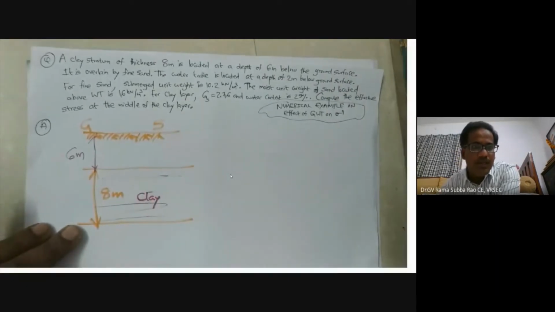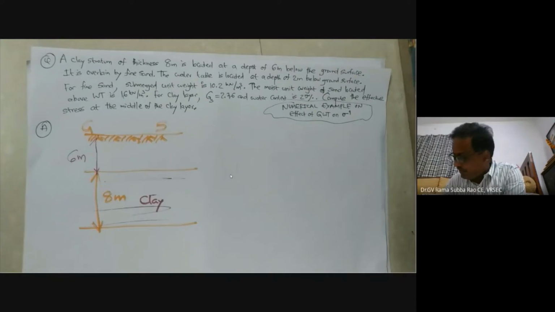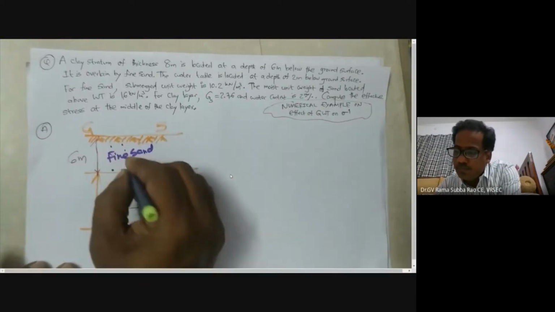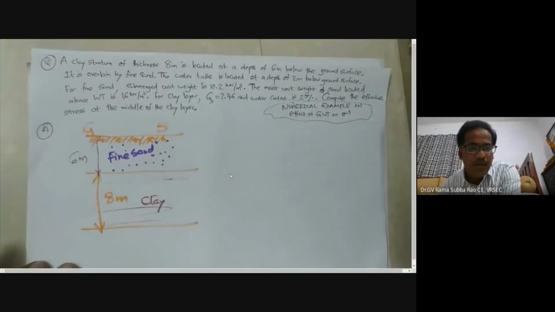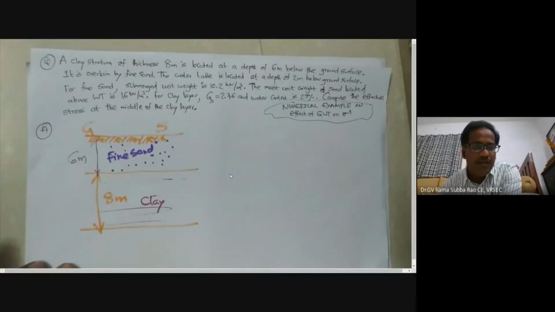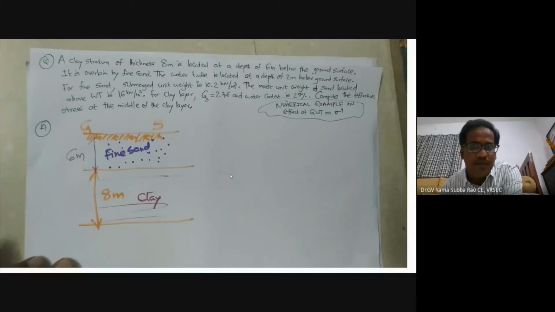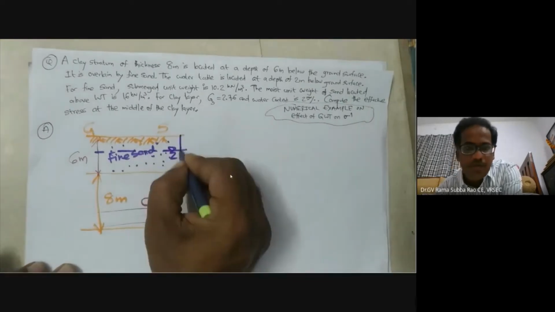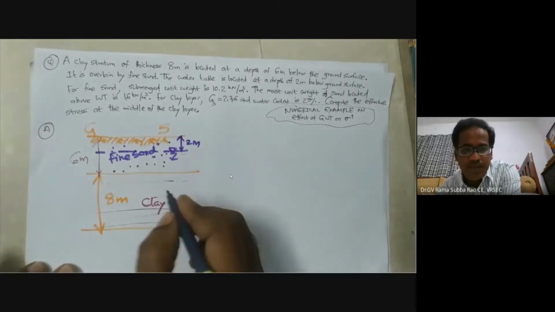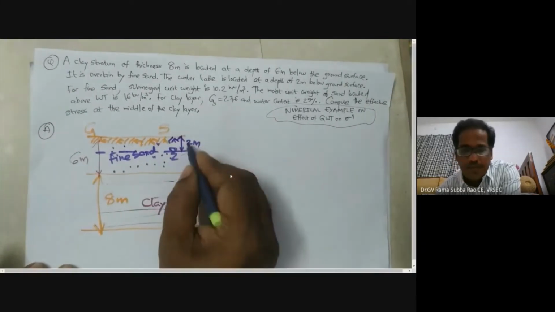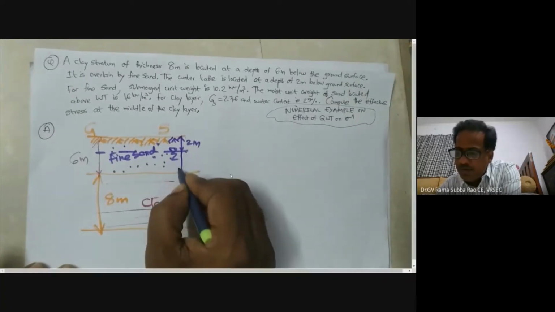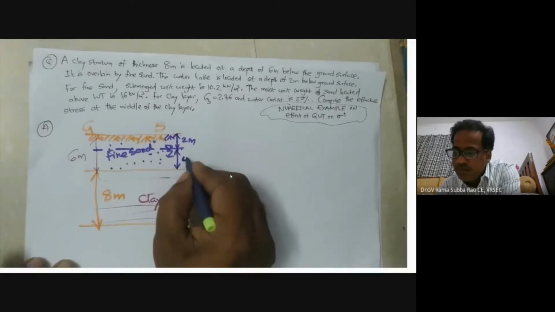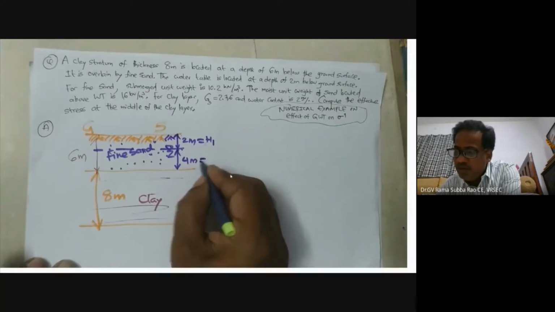Now you see it is overlain by fine sand. Here you see we have fine sand. This is the fine sand. Now for the fine sand, the water table is located at a depth of 2 meters from ground surface. We have a water table, no doubt, which is located at a depth of 2 meters from ground surface. Now the remaining portion which is submerged within the fine sand is 4 meters. So this is H1. I would like to call this H2. Now this is the clay layer,